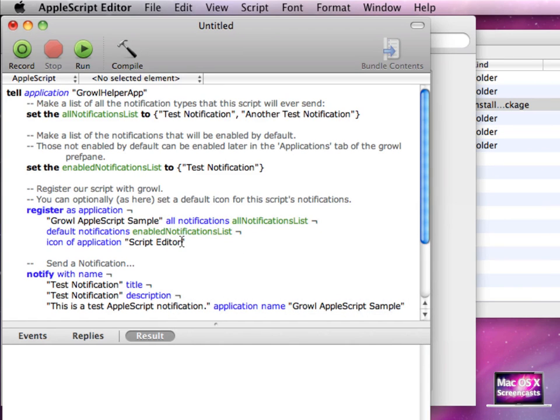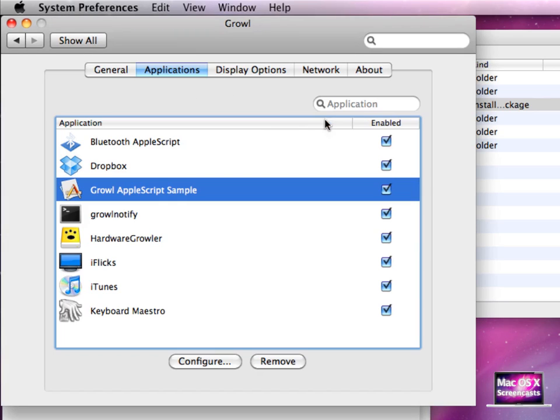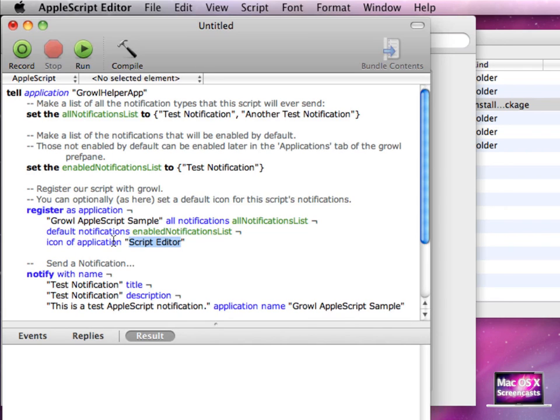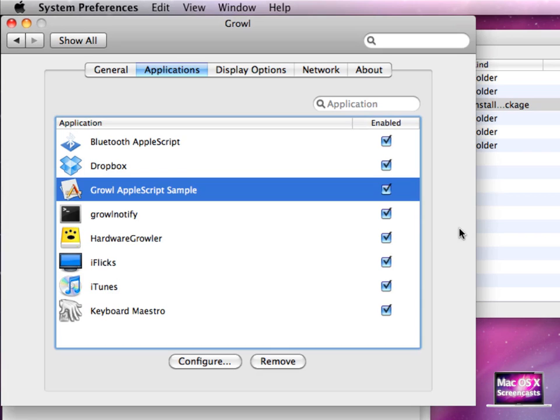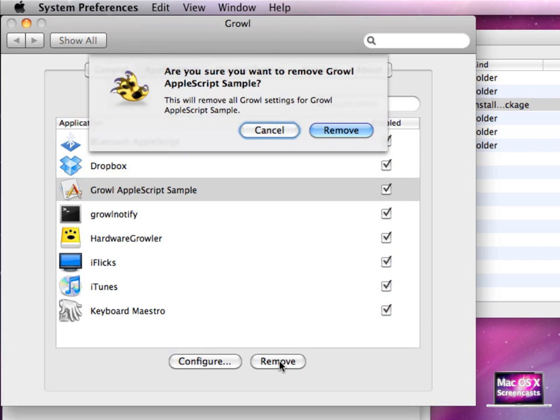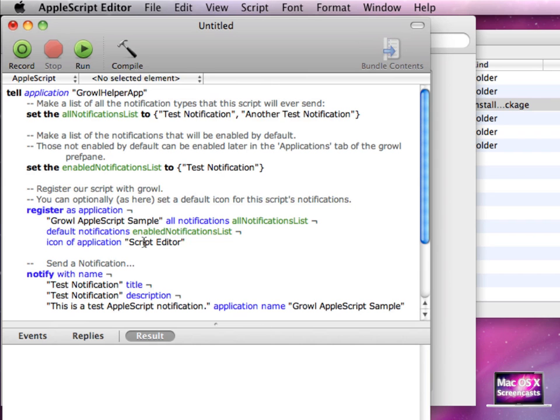So because this didn't work that well, we may want to use a different icon. Let me just remove, yeah, you see the icon doesn't show up here as well. Let me just remove the script editor icon and use another one. So first I will delete the Growl ticket, and then simply say use the application icon from Safari, compile again,